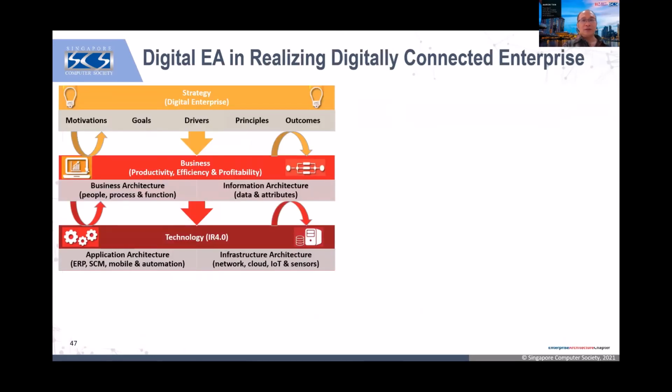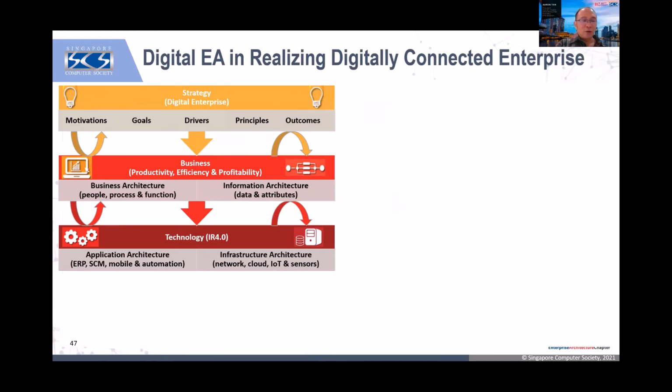So the concept actually is that we want to realize a digitally connected enterprise, right? Just now from the strategy, you saw all the skills required. So when you apply it like this, the architect is involved in defining the meta model, or discovering the strategy, then how that impacts the business, how that impacts the technology. I talk about IR 4.0, right? So everything is vice versa. So we have a digitally connected model of the enterprise.